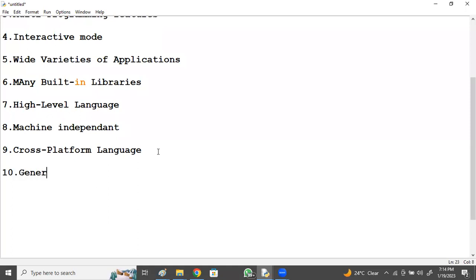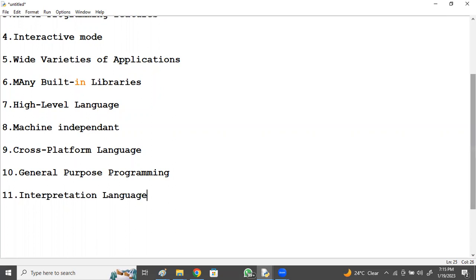It's a general purpose programming language. General purpose programming means any kind of application can be developed. It's not purpose based; it's not for a particular purpose. It's also an interpreted language, with line by line execution.